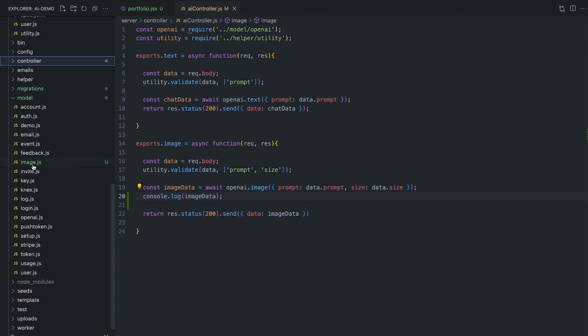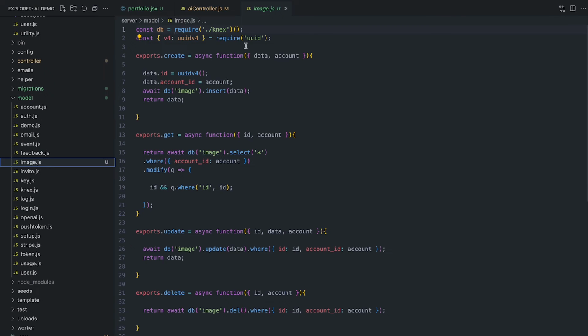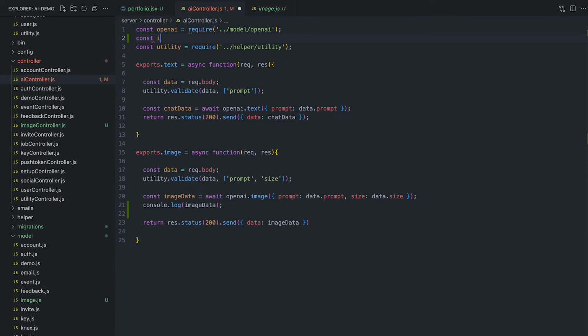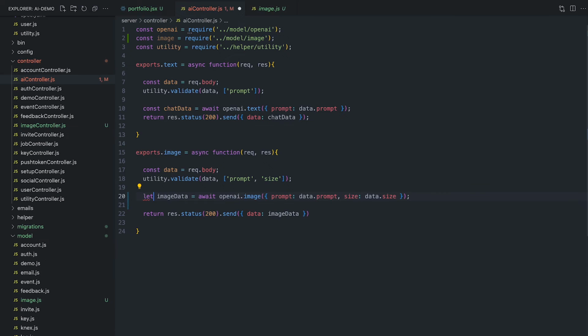We remember when we scaffolded our image, we created a model for it. So we have create, get, update, and delete already created. So we can just import this model into our AI controller. We can do require model image, and then that will import our image. And then what we want to do is just save that in here. So I'm going to change this let image data so we can overwrite this variable. Then we're going to do image data equals await image create, and then here we're going to do data is